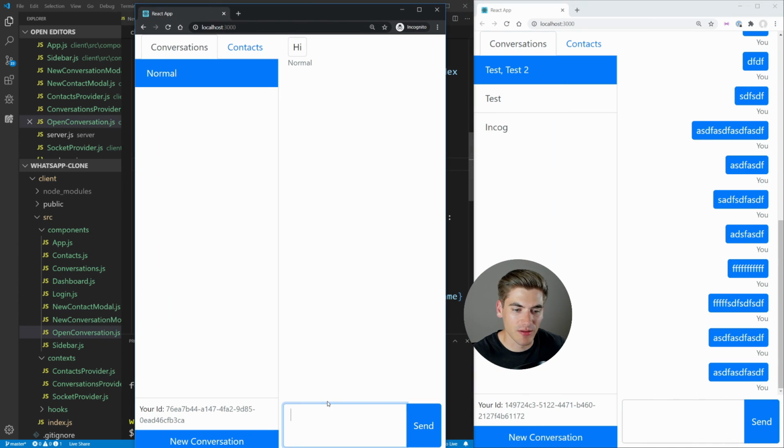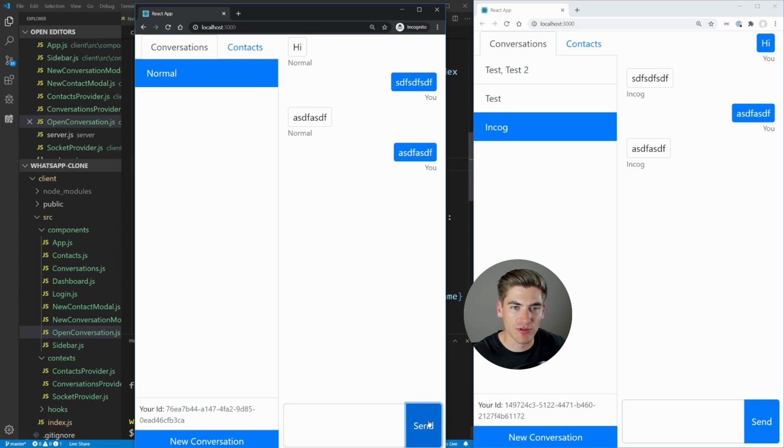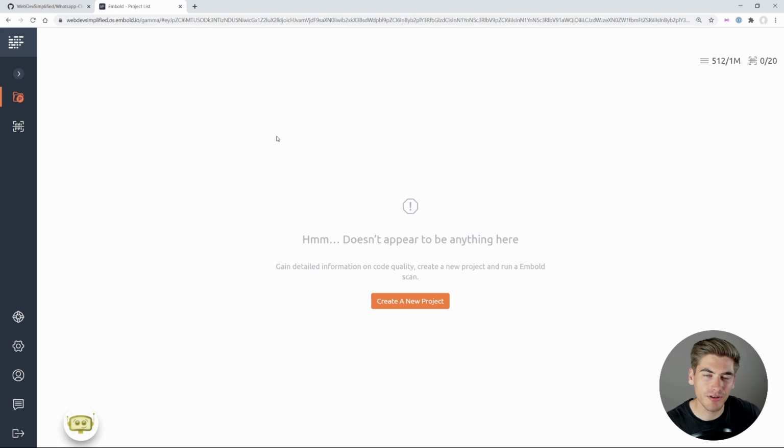So now we can try to send a message from here. We'll just type in some gibberish, click send, go to incog, and you can see that message has immediately shown up. And we're able to communicate back and forth between these different users, and it's all with a very, very simple server. Now that we have our entire project built, I want to show you how we can use Embold